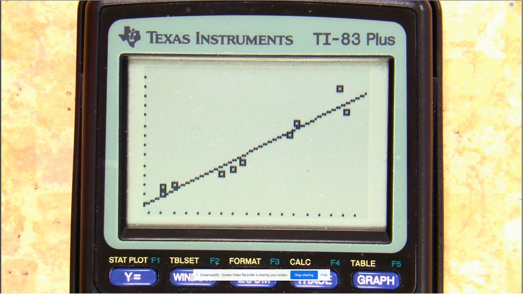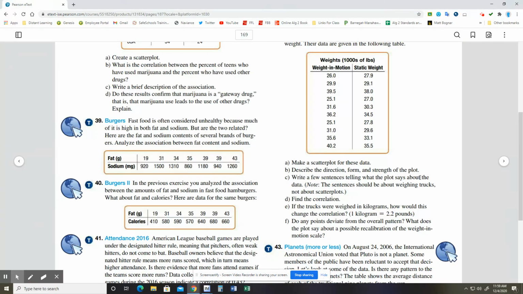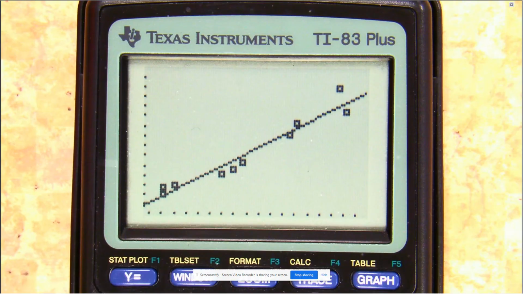Yeah, I guess you could say that. Because, again, the question was, do any of the points deviate from the overall pattern? I mean, some of them kind of do. Like the ones in the middle seem to be a bit lower, but then the one at the very far end right there, for some reason, that one's a bit farther away. The deviation, or the residual, I should say, seems to be a bit more up here than it does for the rest of the points.